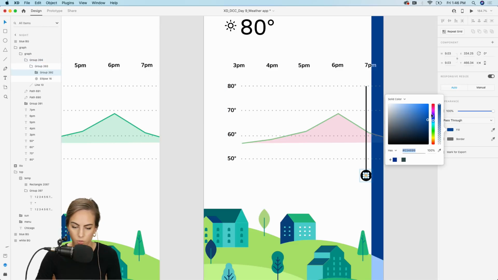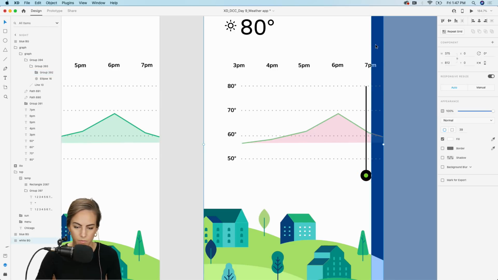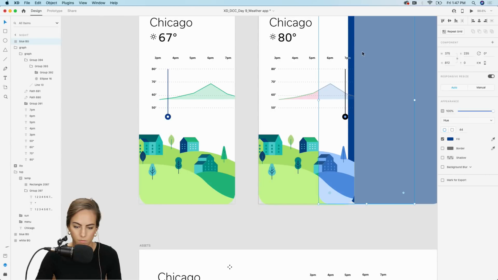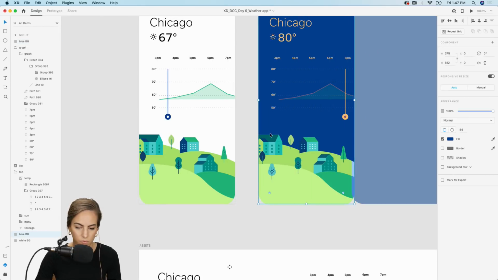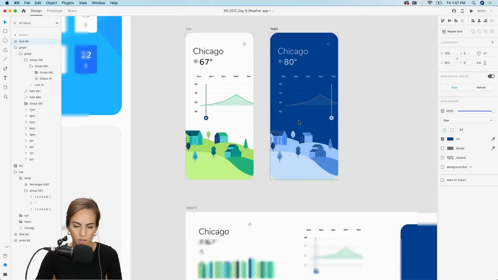Just the orange we need to change to like a blue, greenish. Make it a little darker. There we go. Okay, so that should be good. Got too many little layers here. Drag this back over. Drag that back over.